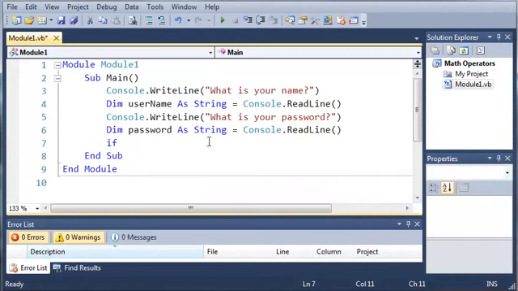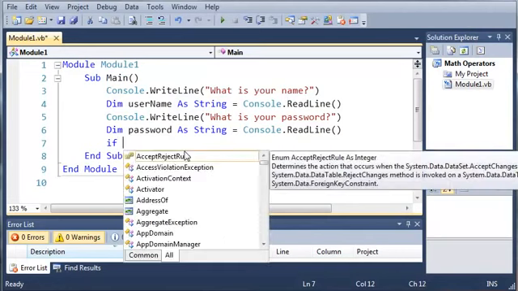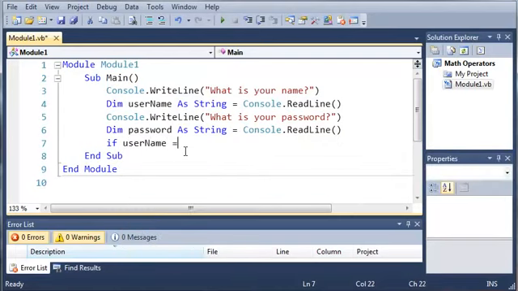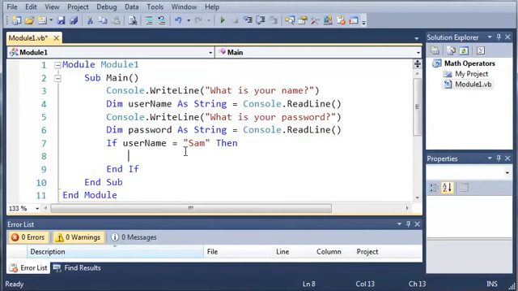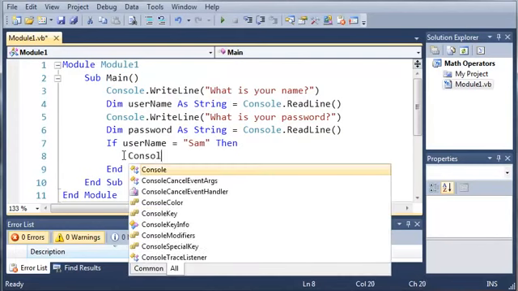So basically what that says is if a certain condition is true, then go ahead and do whatever is inside this if statement. So if username equals Sam, then what do we want it to do? And if you press enter, you can see that it'll automatically add end if for you. Now all if statements have to end with an end if or else you'll get a syntax error. So we'll do if username equals Sam, then